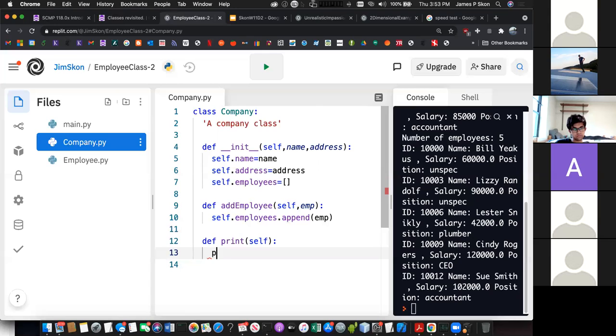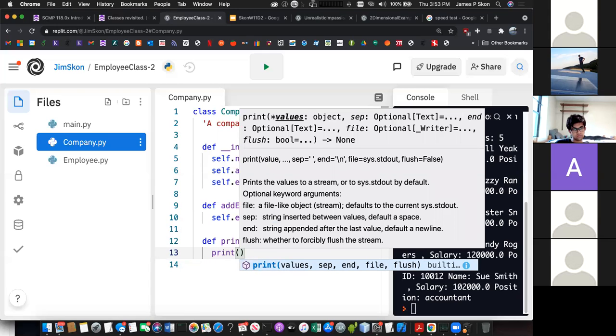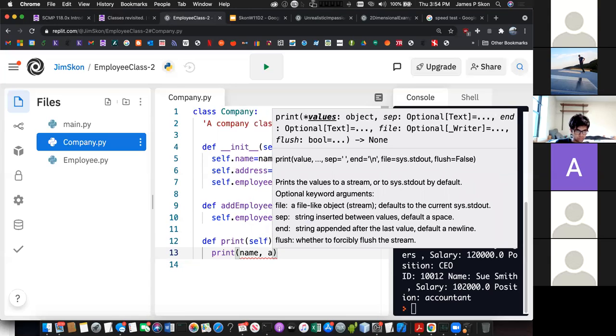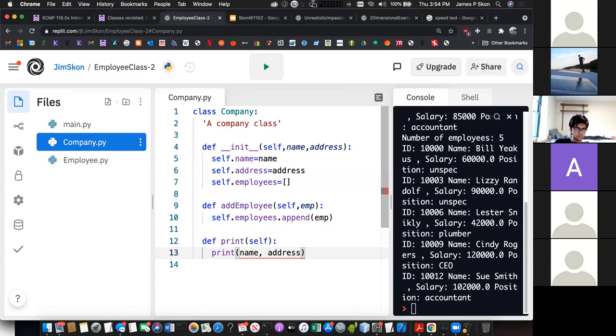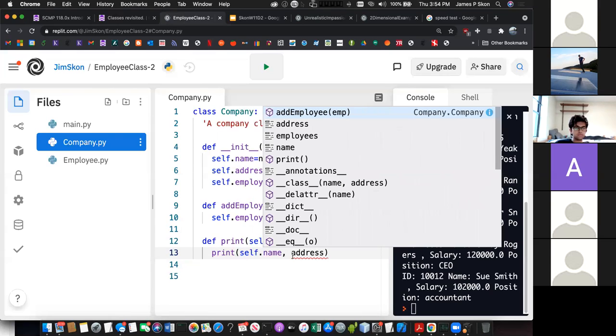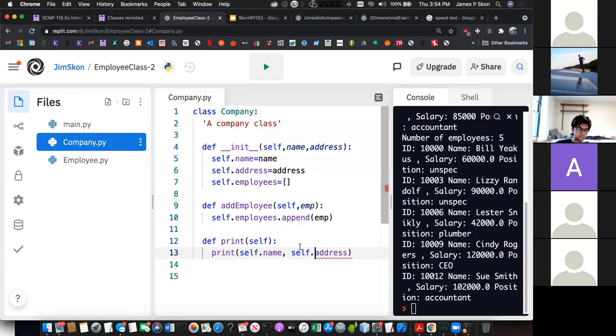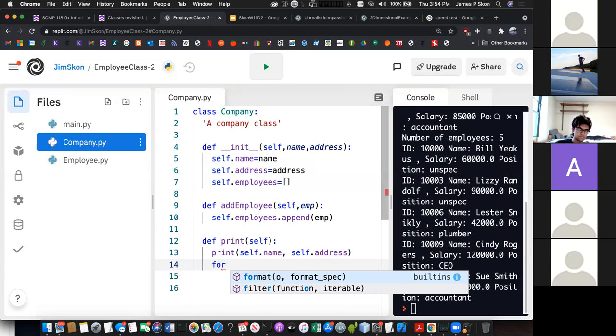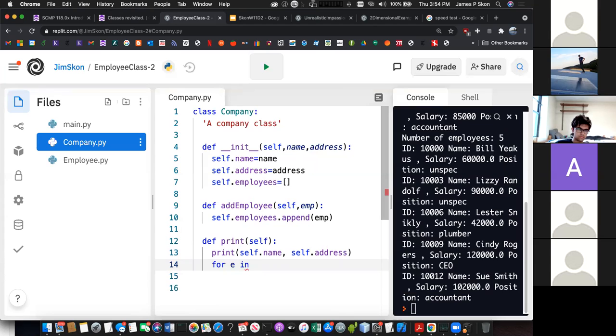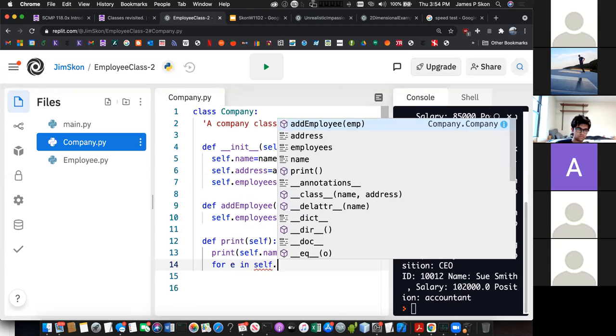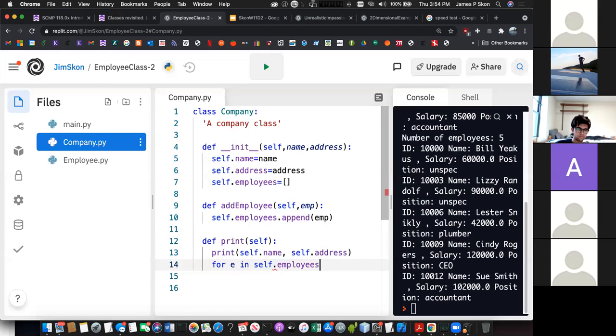Well, what will it do? We can say print name, comma, address. We'll keep this simple since we're running out of time. And then we could go through, of course, it's got to be self. So I can print out my own name and address, and then I can go through my list of employees for E in self.employees,